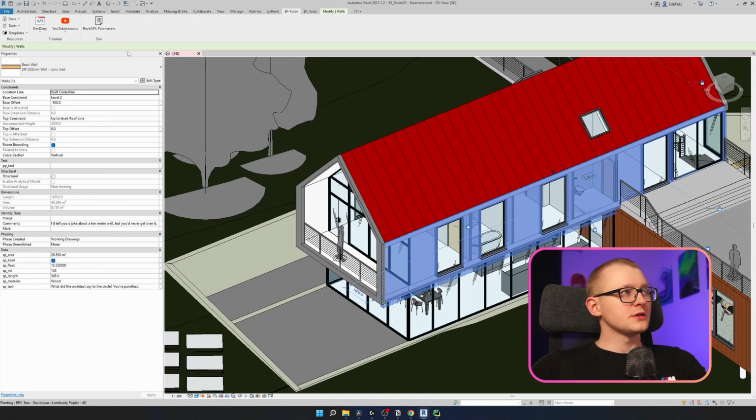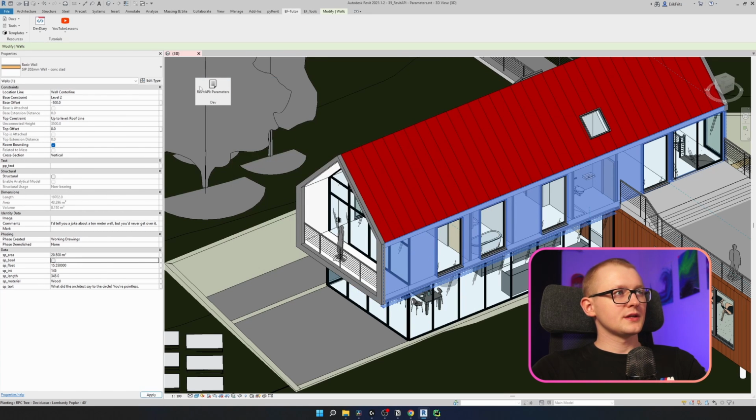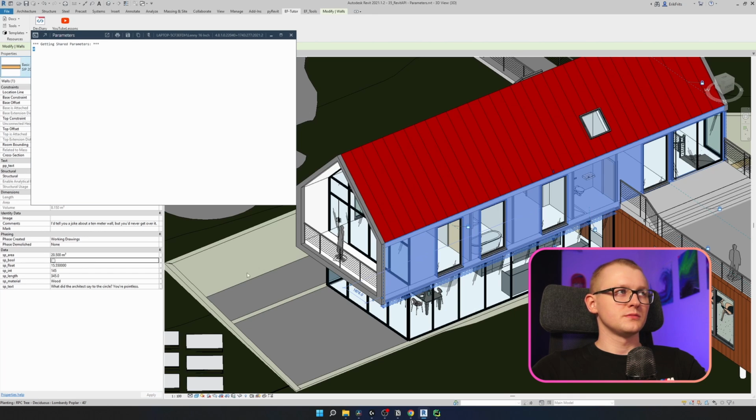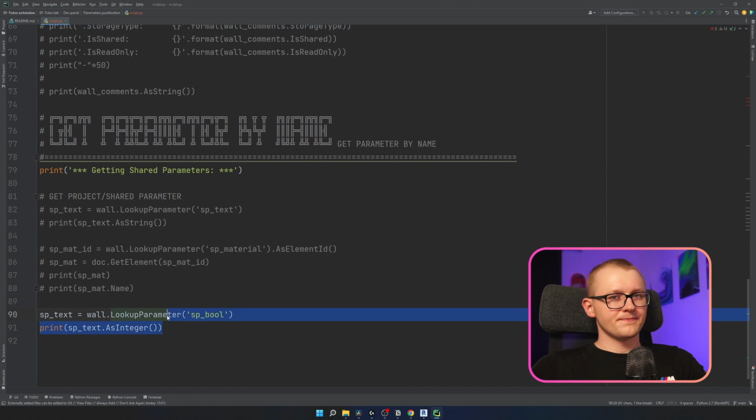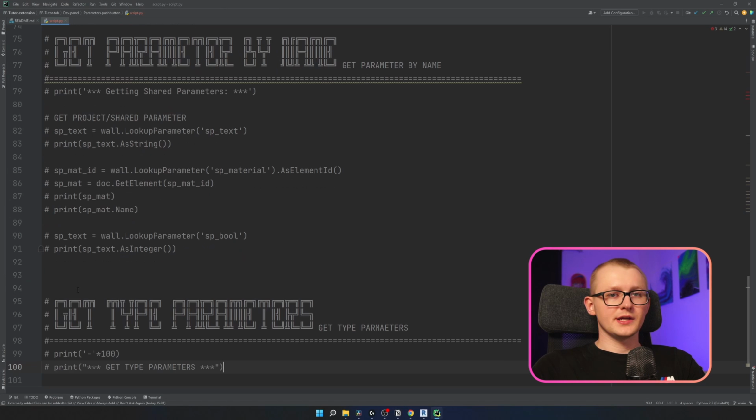Also, what I'm going to do, I'm going to click on this panel, drag it on the menu. So click on it, it returns us 1, and if I deselect it, it returns me 0. And that's how we get our parameters. So I can comment it all out, and then let's have a look, how do we actually get our type